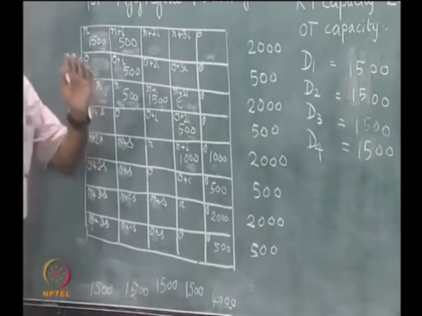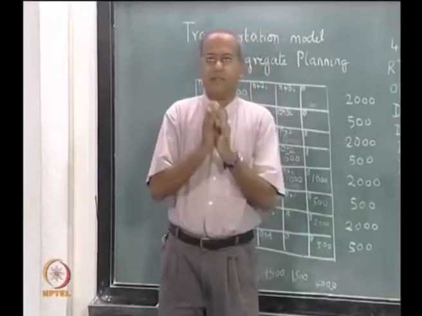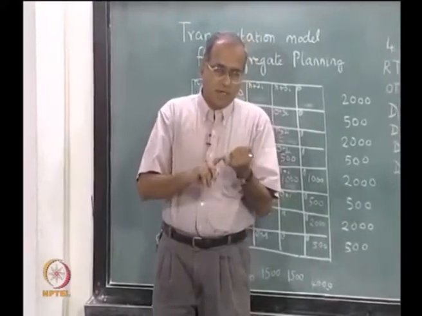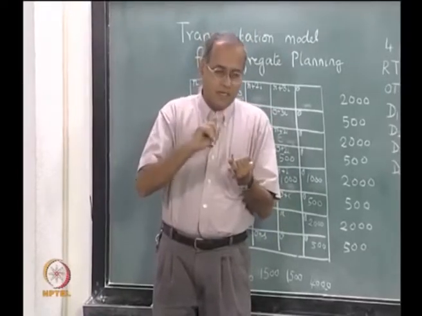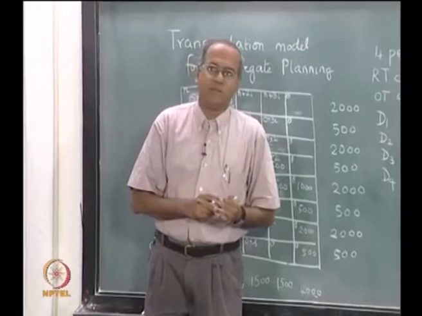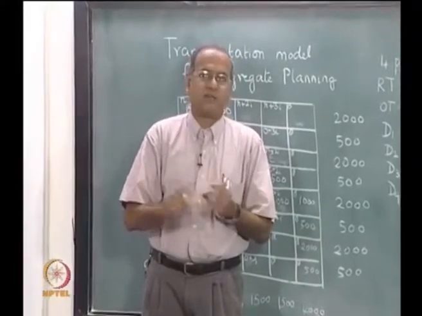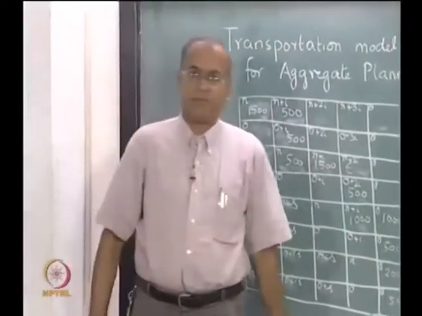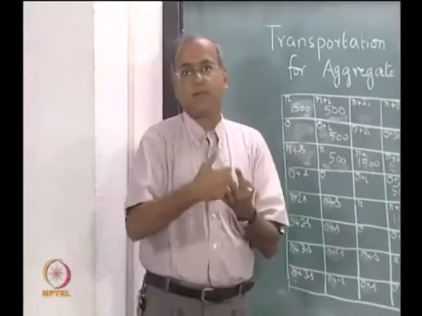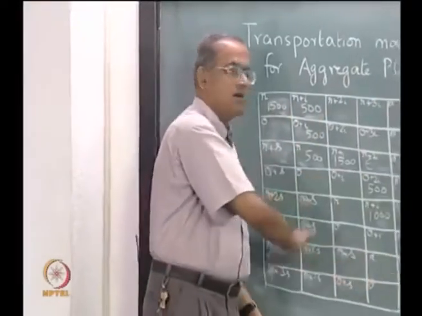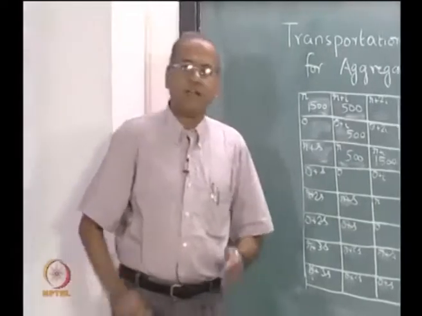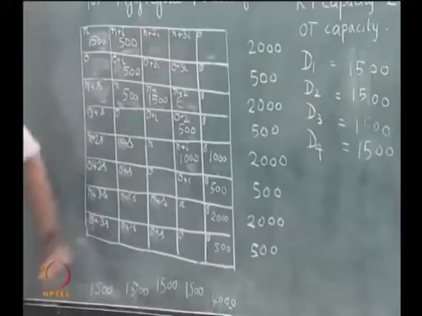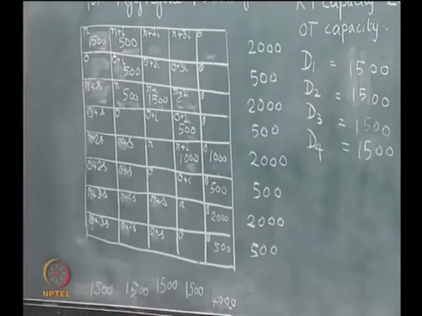Earlier, when we did the linear programming and the tabular method, there were 8 costs considered: regular time and overtime as one pair, inventory and shortage as a pair, outsourcing and underutilization as a pair, hiring and laying off as a pair. Out of these 4 pairs which add up to 8 costs, we have now considered 4 costs. Can we also try and add some more costs into the transportation table? Let us try and do that.